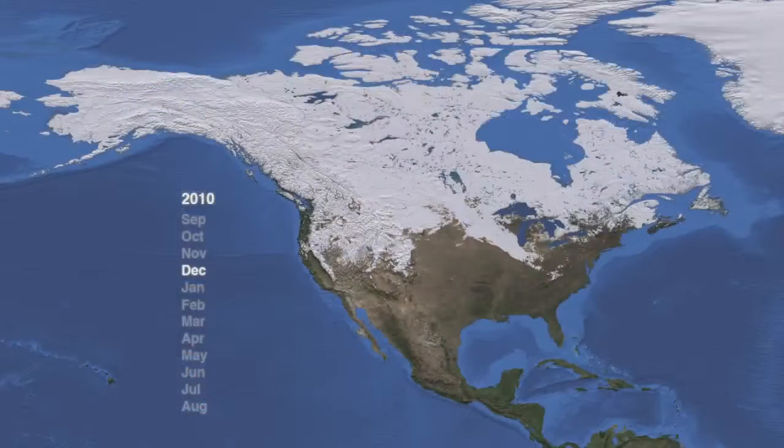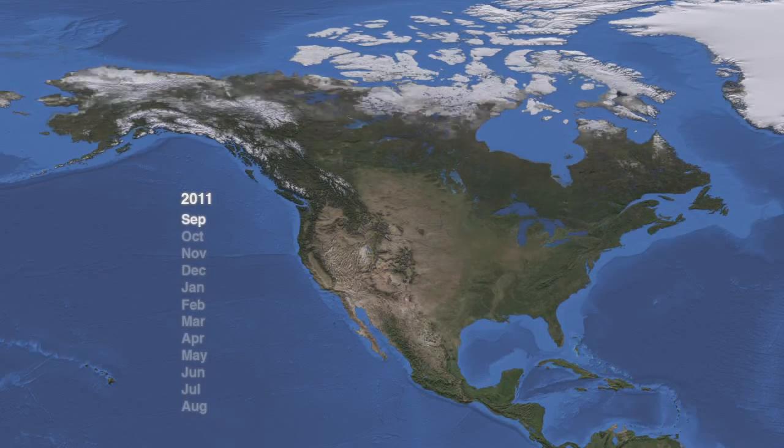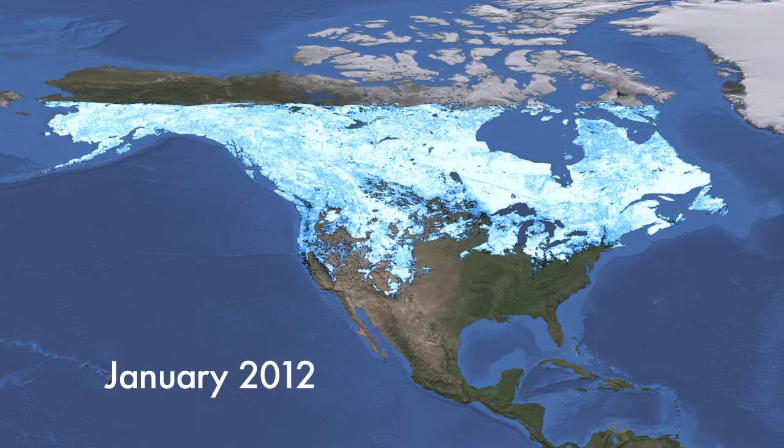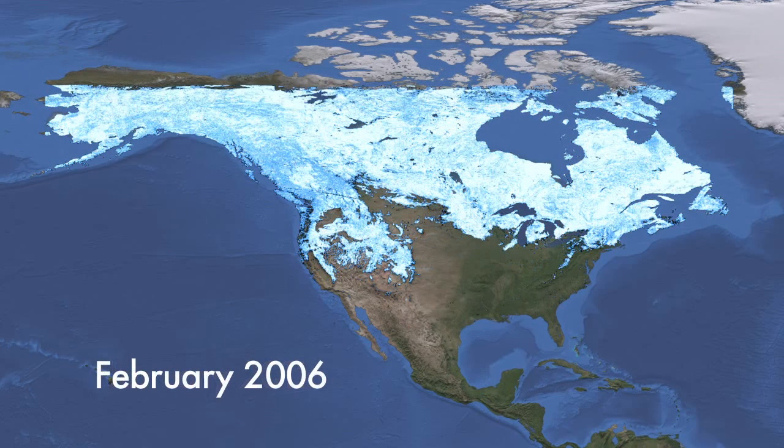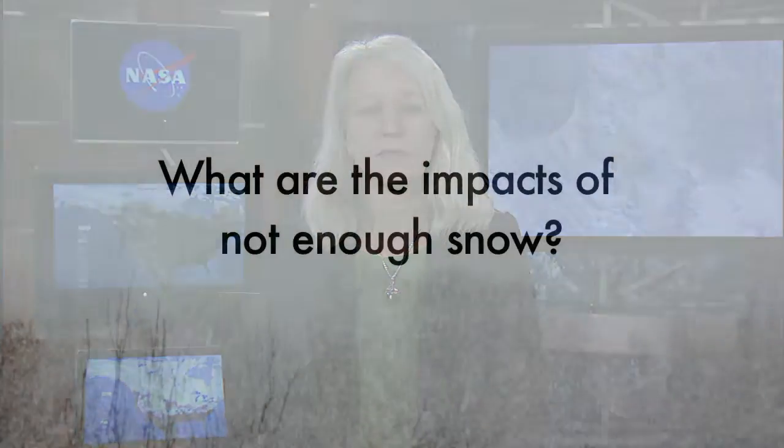Actually, the snow right now is not abnormal at all. What we've seen over the past couple years is that snow can vary month to month, and over the past few winters, yeah, we've seen a lot of snow, but this year there's not much snow, but it's not by far the least amount of snow that we've had. 2006 had less snow, and as we would recall, in 2010 we had quite a bit of snow. So it's really not abnormal. It's just the global cycle working together.